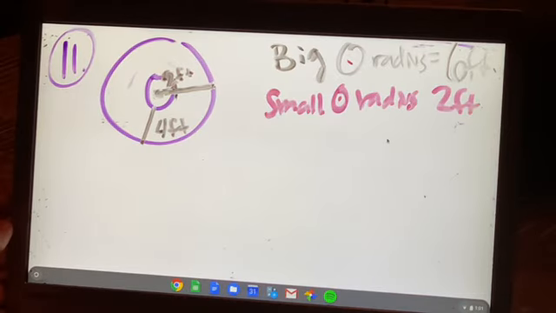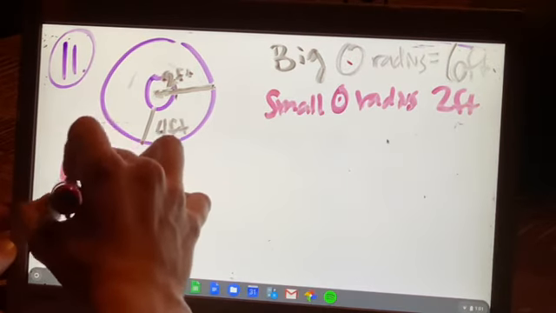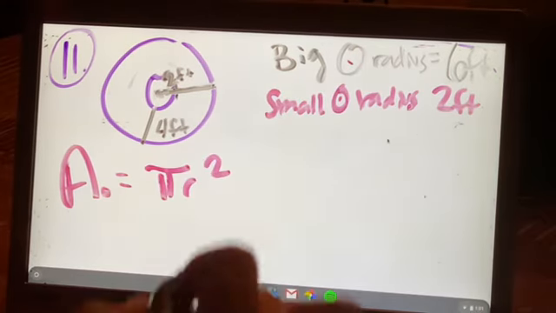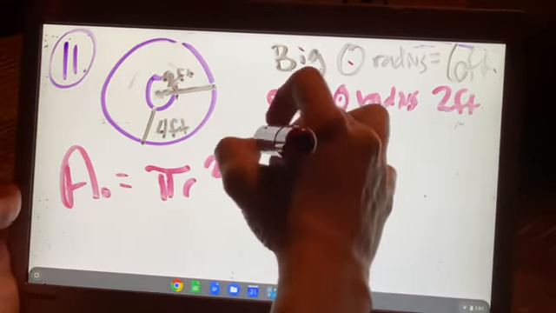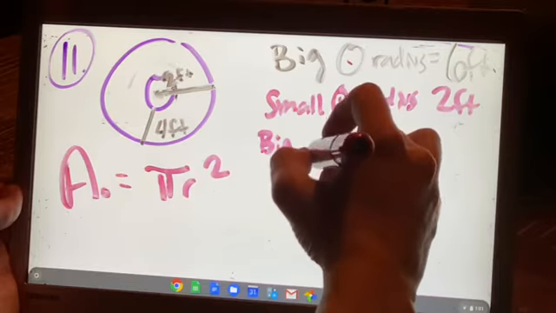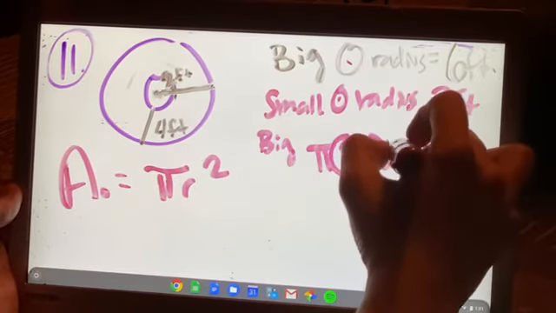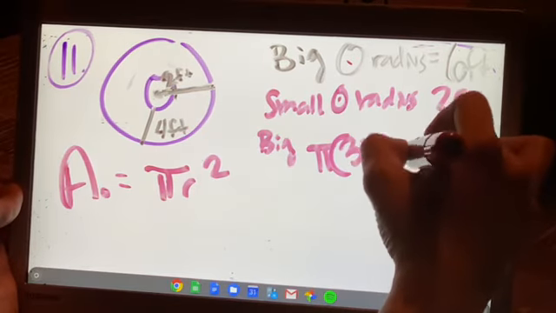All right, so we find the area of the big circle and subtract the area of the hole in the middle. So remember that the area of a circle is pi r squared. Okay, so we're going to take the big one. So the big one is going to be pi times 36, right? So that's approximately